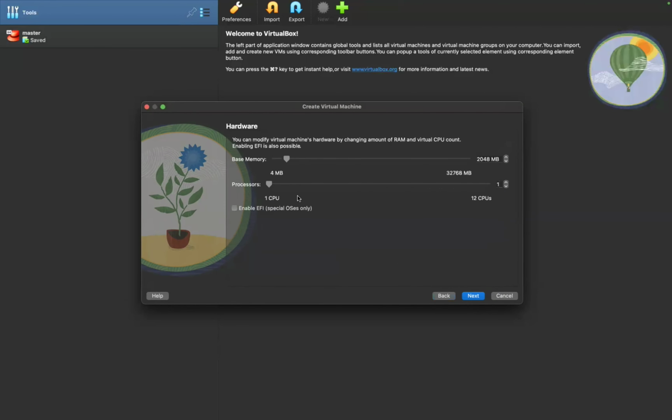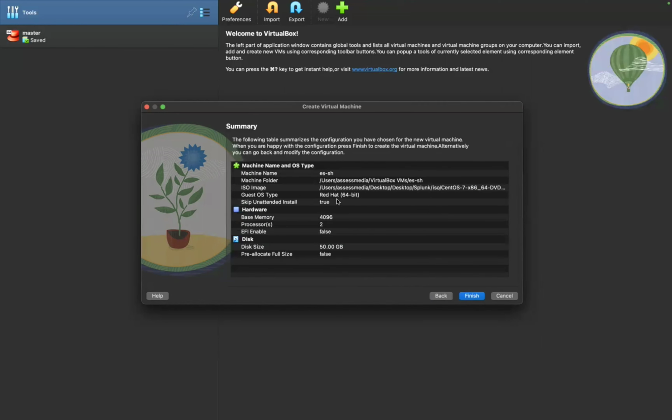Over here, it's going to ask for the memory that we want to assign and the CPUs. So I'm going to use 4 GB RAM for this one. You can choose whatever RAM you want to assign to this machine, and the recommended Splunk installation is 8 GB, but since I do not have enough resources, I will just pick 4 GB in here. And for the processors, I will just use 2. The recommended is more than 12, but since this is going to be our